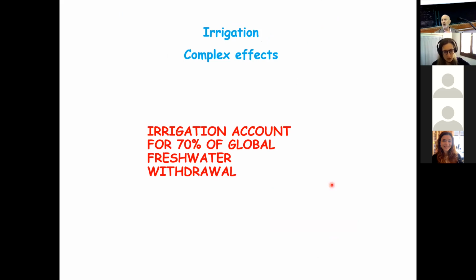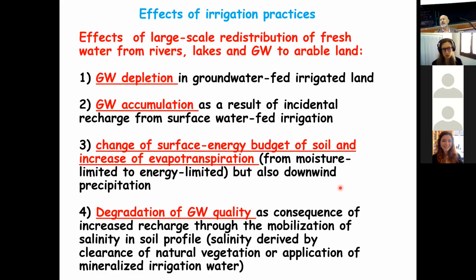So the most part of the water, both surface water and groundwater, is exploited for irrigation. It's very important, the contribution of irrigation. And irrigation practices could have very important effects against